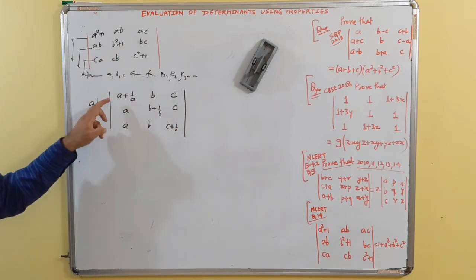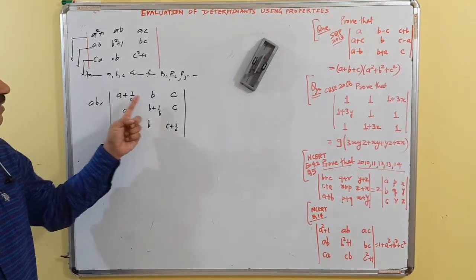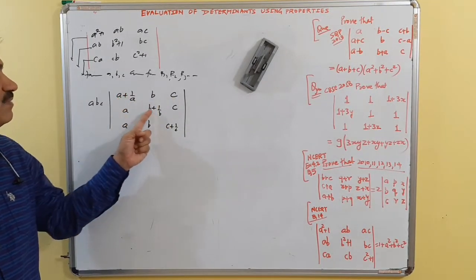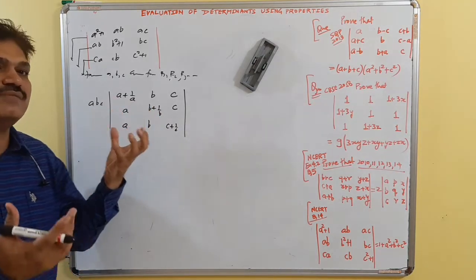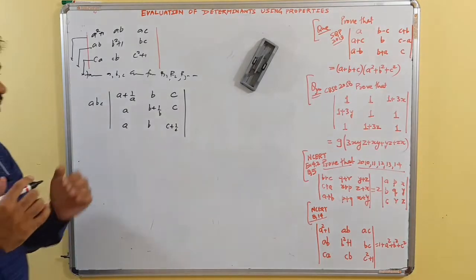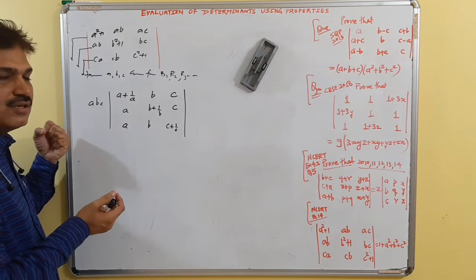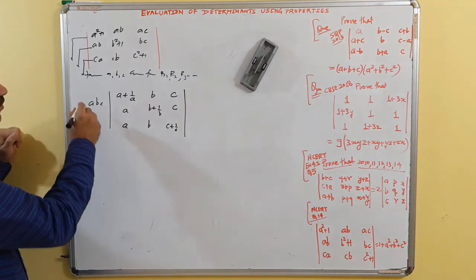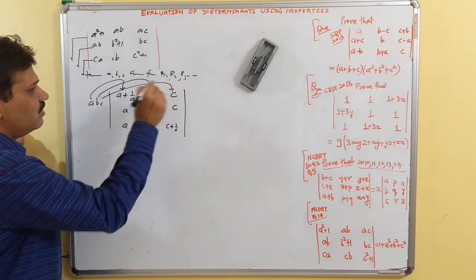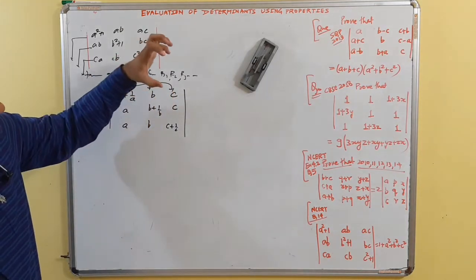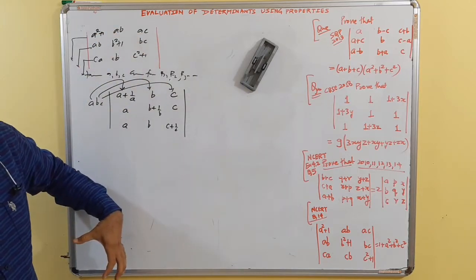Now on adding row wise or column wise, we still are not able to get the same thing, because here A plus B plus C plus 1 by A. Here A plus B plus C plus 1 by B. 1 by A is not equal to 1 by B, so we will not be able to take something common. So what we do is, it is the give and take method. We have taken from rows, we will give it in columns. So we multiply A in the first column, B in the second, and C in the third. So what we did is, we have taken ABC common from rows and multiplied it in columns.